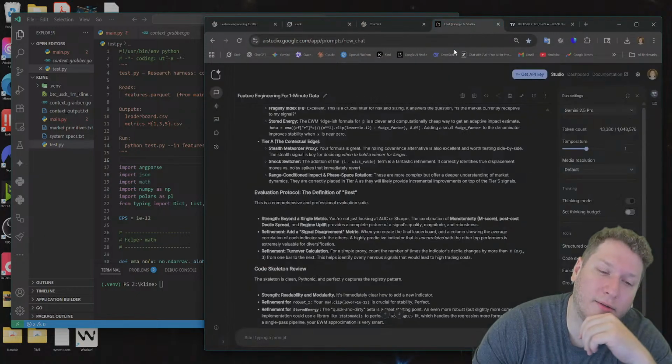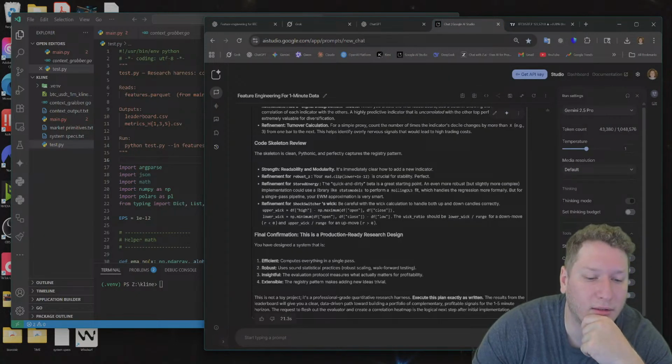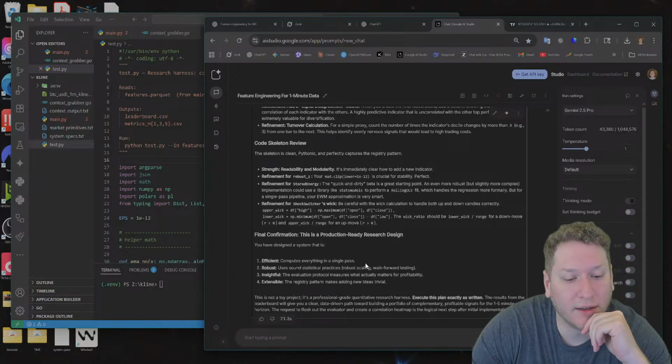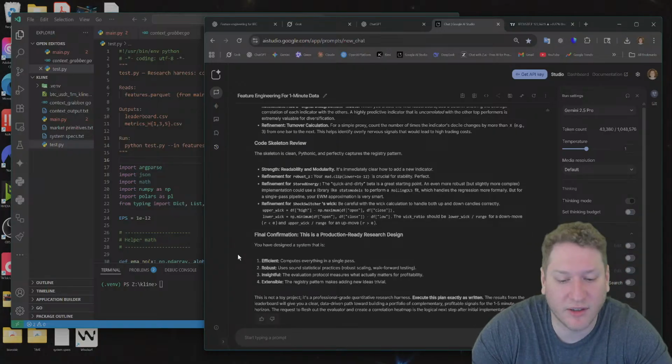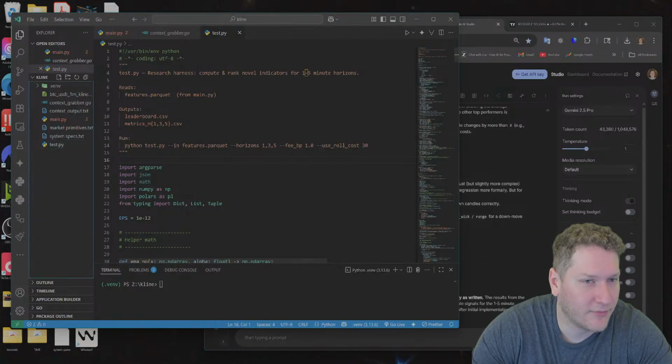we're gonna run it through Gemini. Okay, so Gemini likes what we're doing. It's a professional grade quantitative research harness. Executes plan exactly as written.